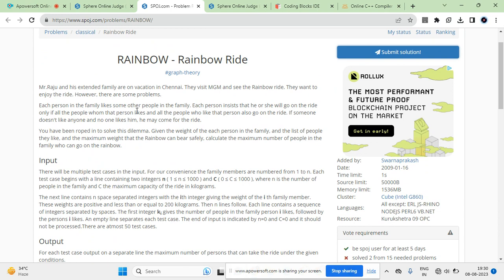Should we do this? The only reason to do this would be that it is a combination of a DFS component problem plus a knapsack problem, which is a twist. We have generally seen DFS components, grouping persons into components, that's fine. But that group is then considered as an object having some profit and some weight, and then doing some kind of knapsack on it. Really interesting. But the component part is not too much.